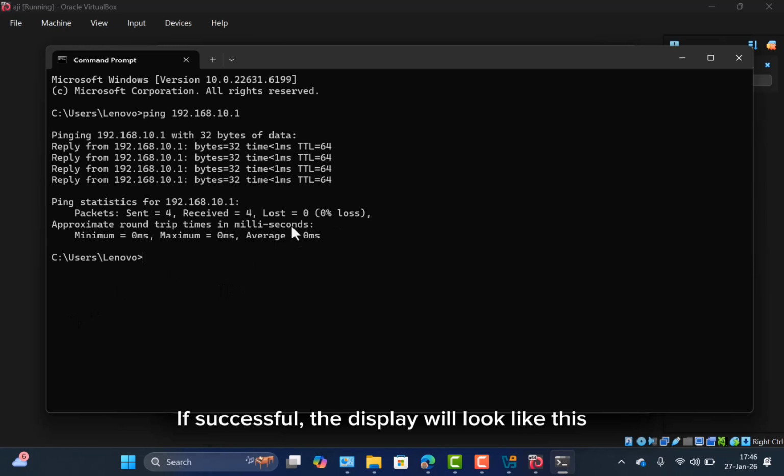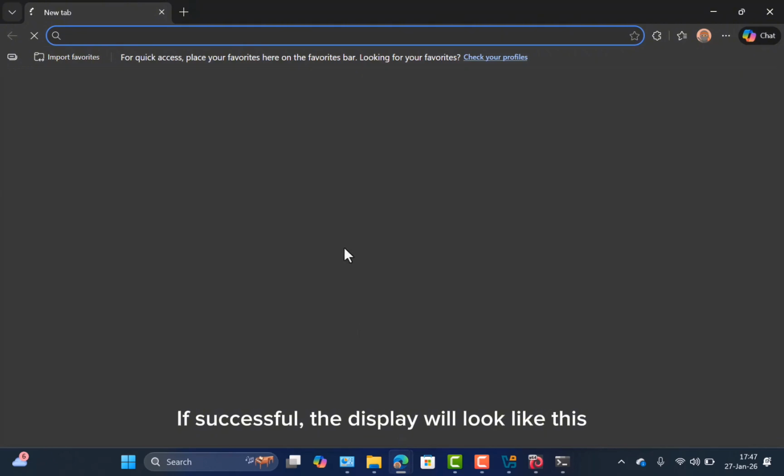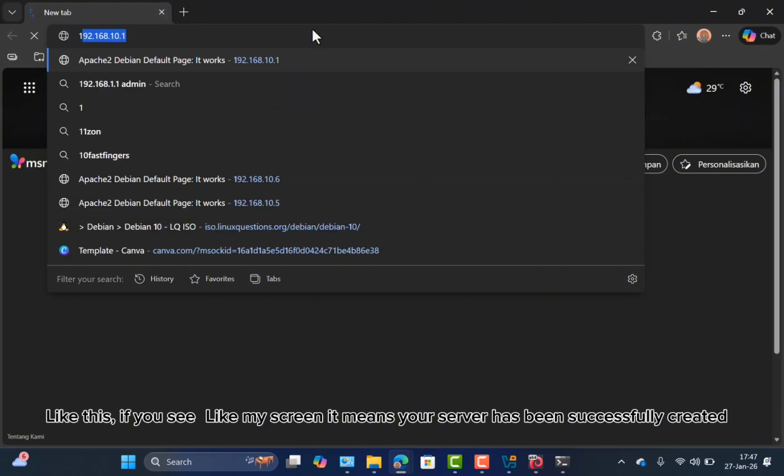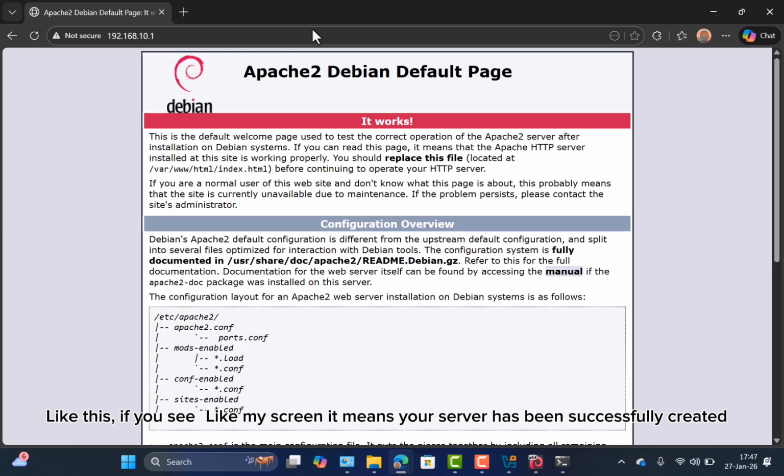If successful, the display will look like this. Next, open a web browser, then enter your web server IP address. If you see something like my screen, it means your server has been successfully created.